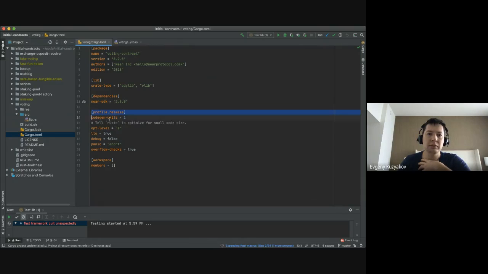And there's a bunch of flags that we use to tell how to compile this release build. So there are a bunch of optimizations that improve the size of the code. Then we say there's no debug info in the release, and also panic is abort. This is important for WebAssembly. And finally, we have overflow-checks equals true. This means when